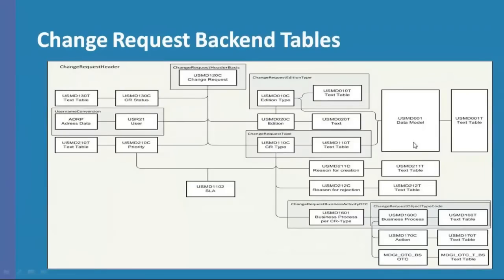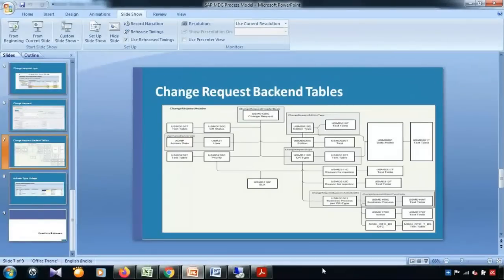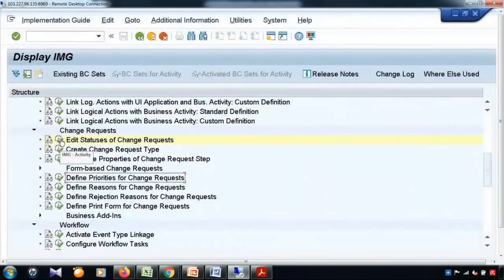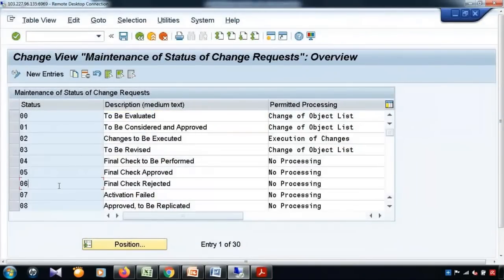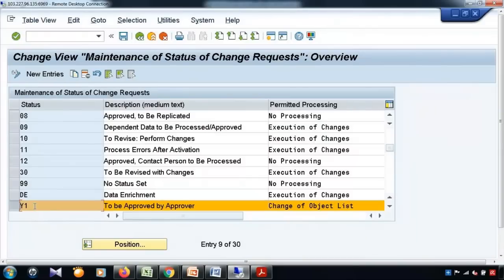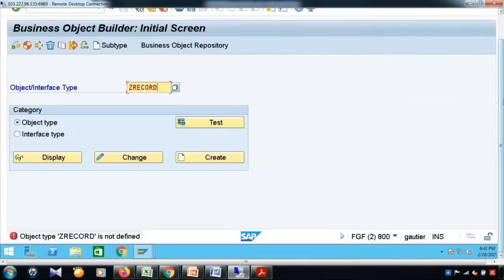Now, this list is very important, and this is a list where you have the backend tables for the different details. Like I was talking about the CR status. Do you know under which table this CR status is getting stored? Here I just created this CR status, but ultimately it is going to a certain table, right? So which table is that? So if I quickly check the table